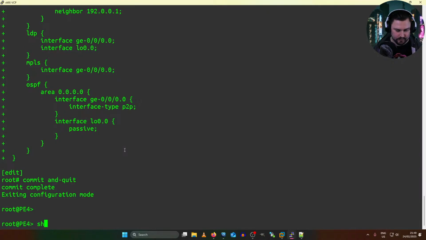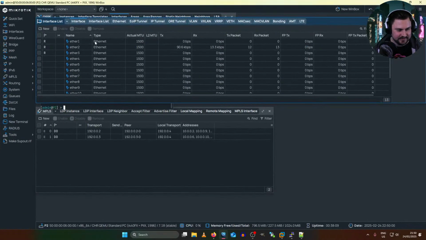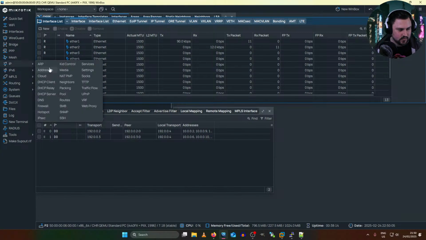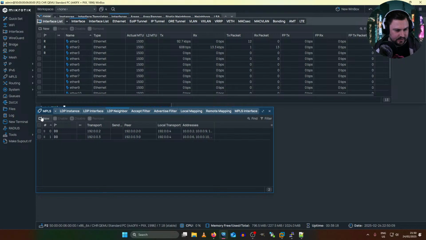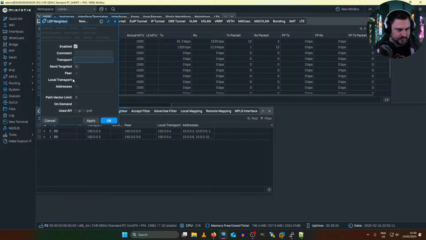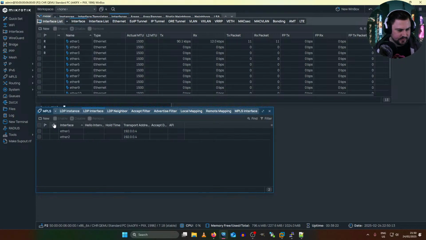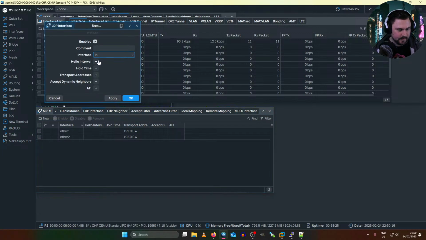So now it won't work because I still need to apply some configs to this P2 device, since this is the core router that this connects to. So let's add another interface to the MPLS LDP interface.